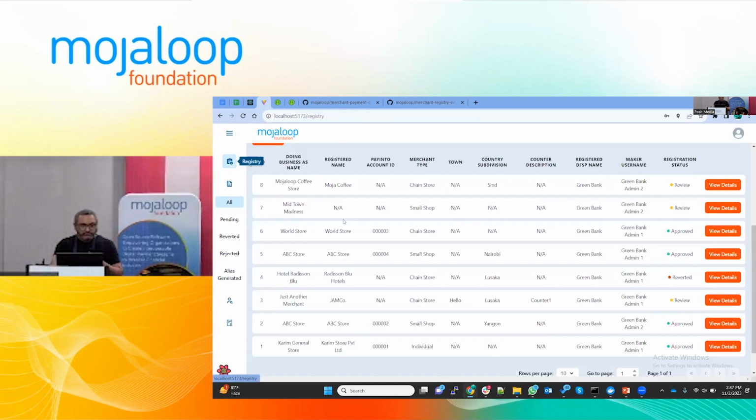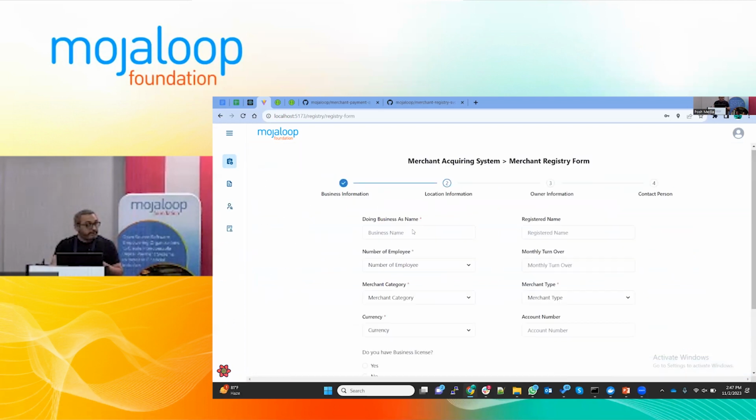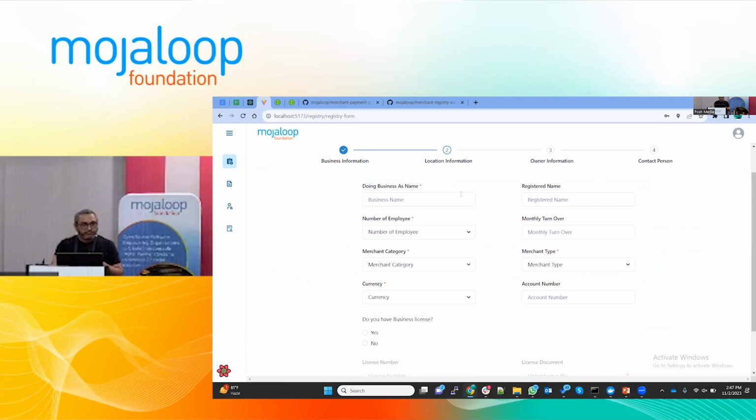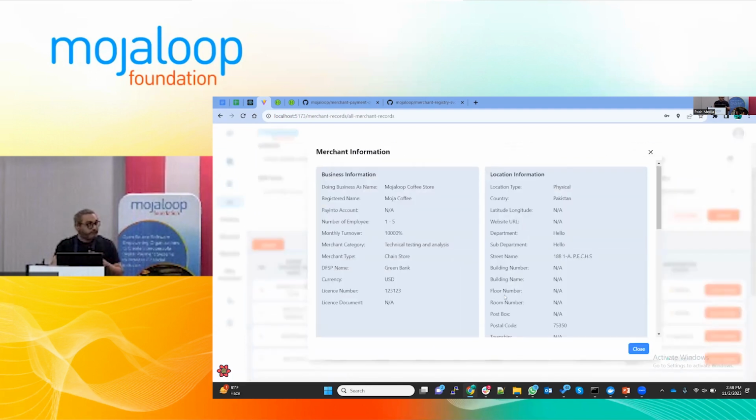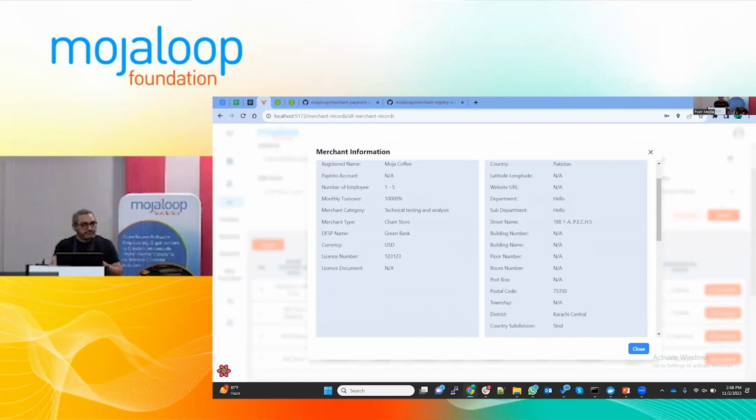One more thing I wanted to talk about is that while we were creating this model around adding a merchant, a lot of thought went into it, especially because we have been talking about ISO 20022 compliance. Something as simple as, if I go into location information, you will see that we have defined location information, divided into many subfields. The reason is that if we go for ISO 20022 compliance later, it supports structured data.